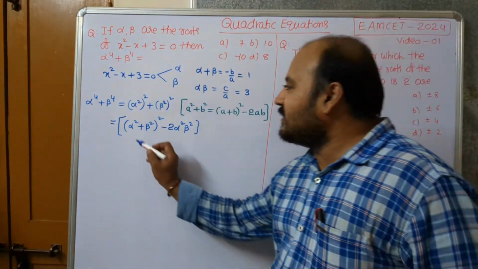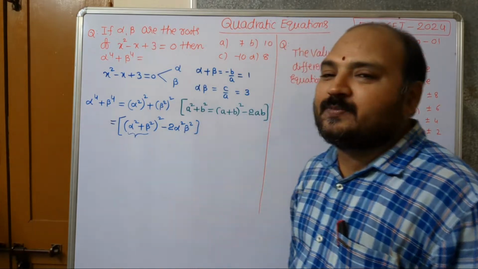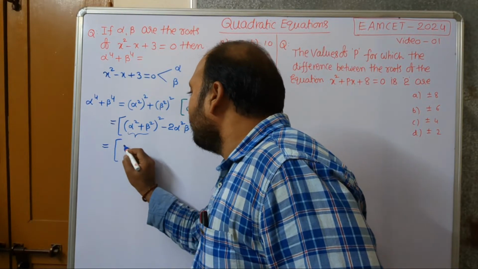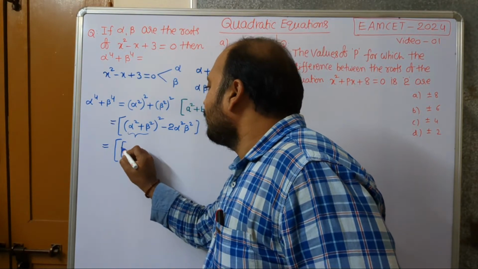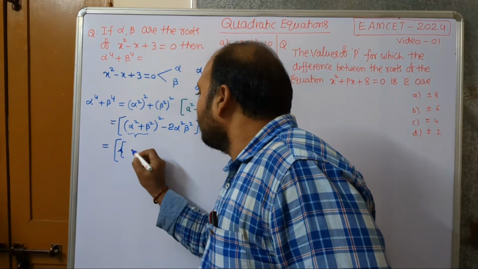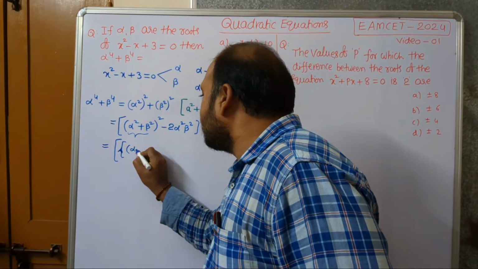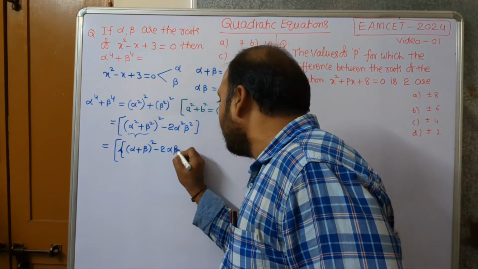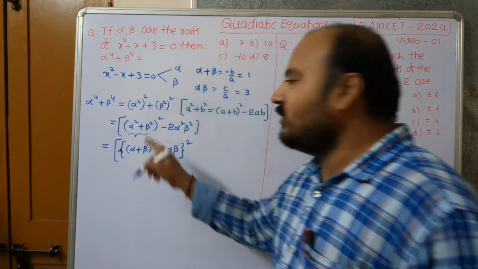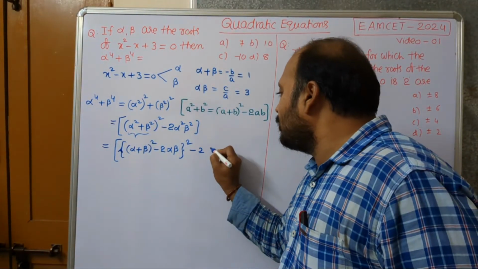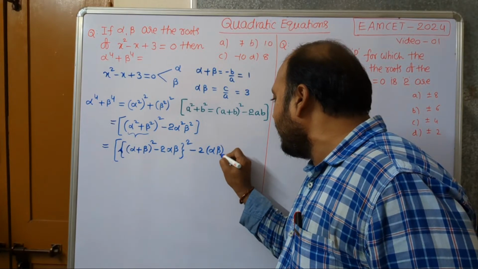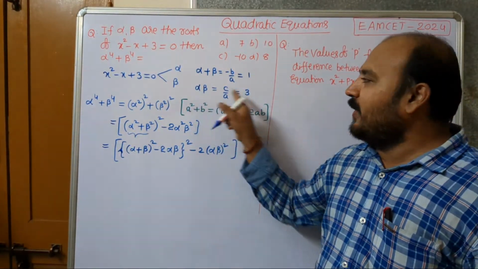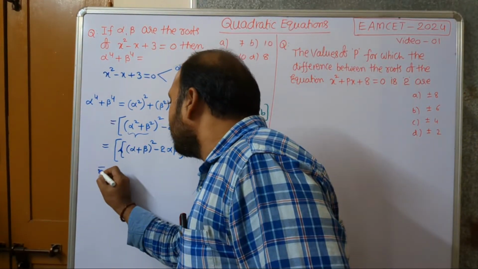After that what I am doing is again alpha square plus beta square, it is in this form only, no? Again I am going to apply it. So alpha plus beta whole square minus 2 alpha beta, whole square, minus 2 into alpha square beta square, which means alpha beta whole square. So now alpha plus beta value 1, alpha beta value 3, substitute in this. So which is equal to